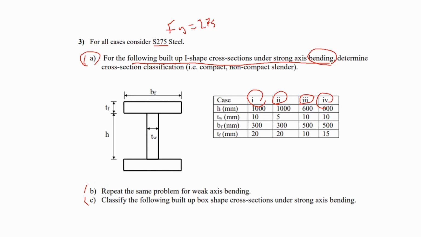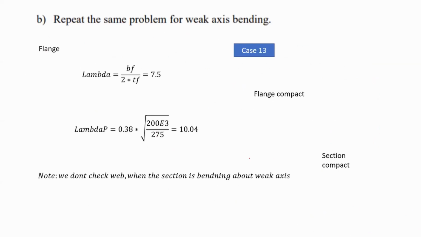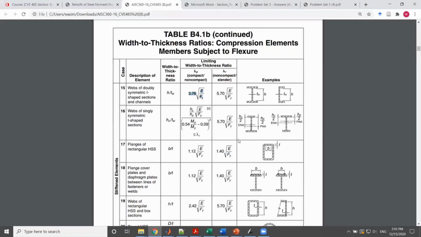Now, if we consider the other part of the problem, part B, it says repeat the same problem for weak axis bending. So first of all, we were considering strong axis bending. Now we'll consider the weak axis. So let's check the compactness of this member in the weak axis. So again, I have to consider the flange. If I check my table